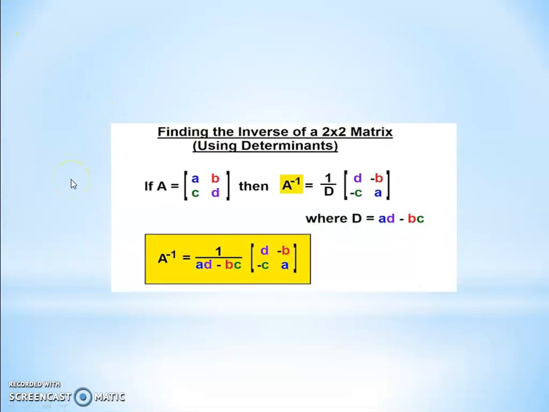From all these examples, we note that it is a very easy step as compared to A11, A12, A21, A22. Always remember the format A = [A, B; C, D]. Then A inverse is equal to 1 upon D, where D is equal to AD minus BC. And the adjoint of A is defined by D, minus B, minus C, A. That means interchange A and D and change the sign of B and C only. It is not an interchange always. Only A and D are interchanged.